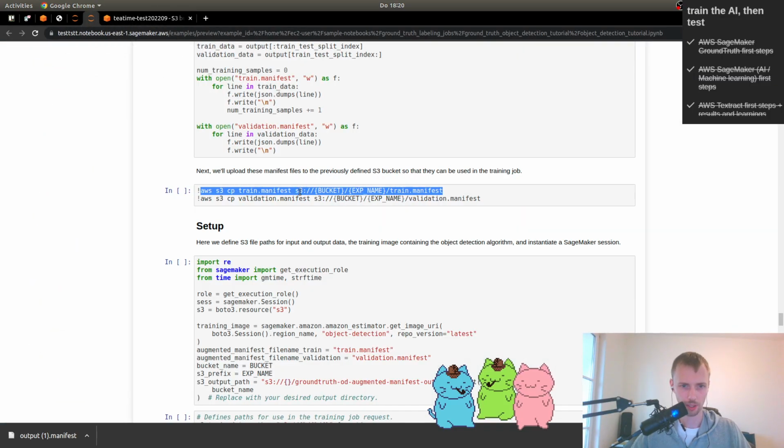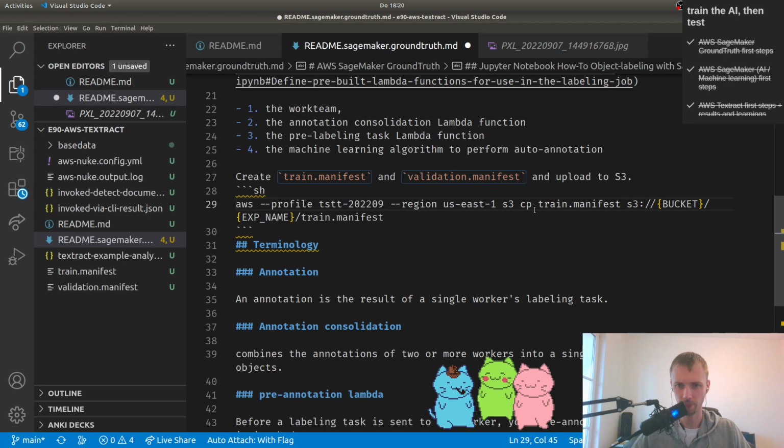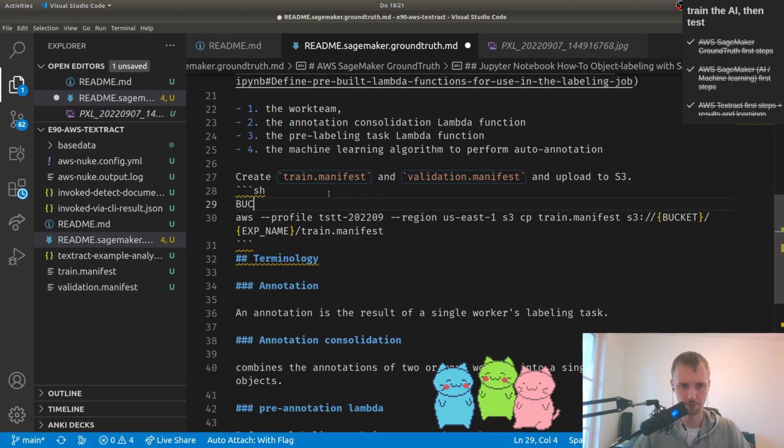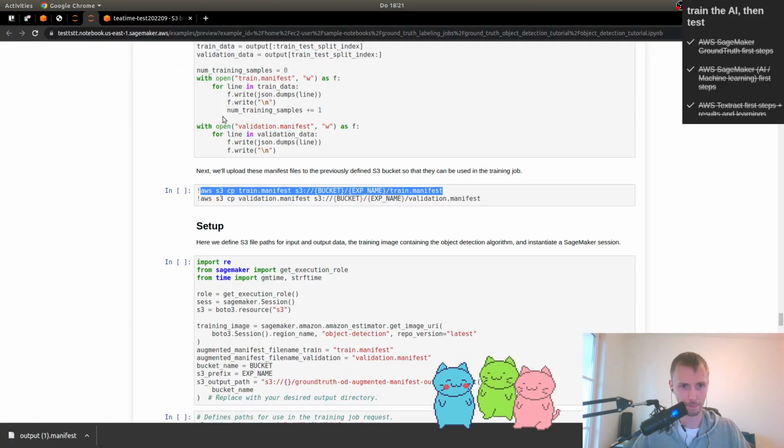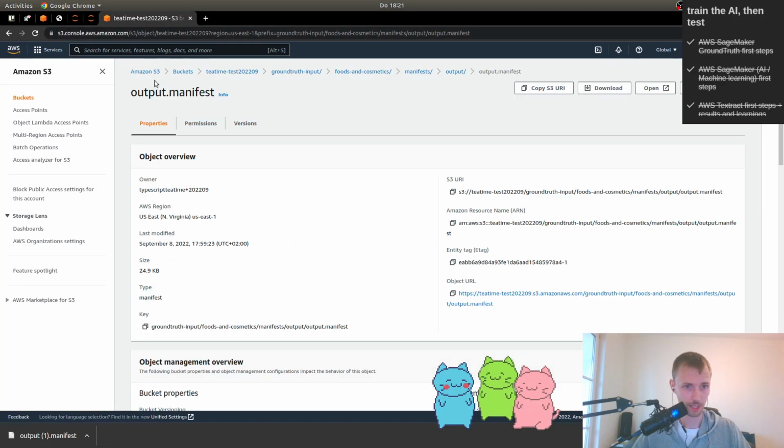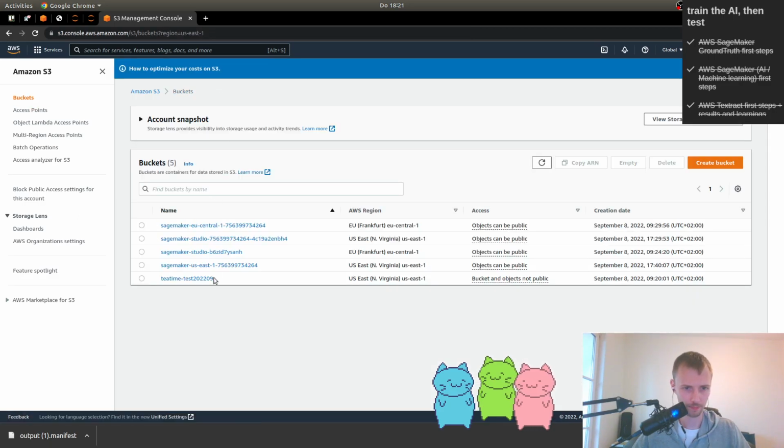So from there, we do have train.manifest, so that one is alright. We have to set bucket. Bucket is equal to it's one bucket,